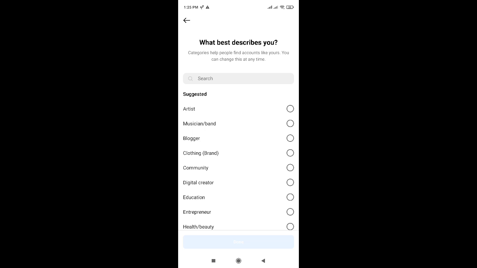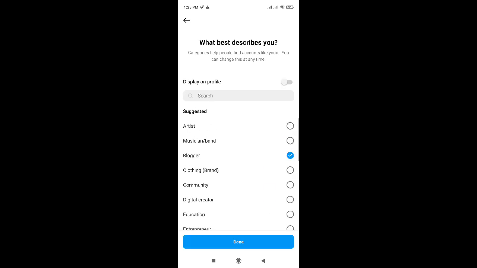Here select some types of your profile, then click on done, and after this just click on edit profile now and go back to the personal account, and this solved the problem of